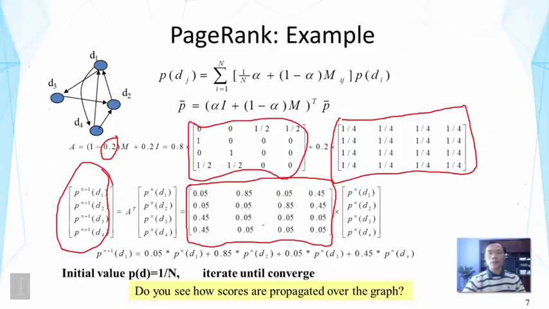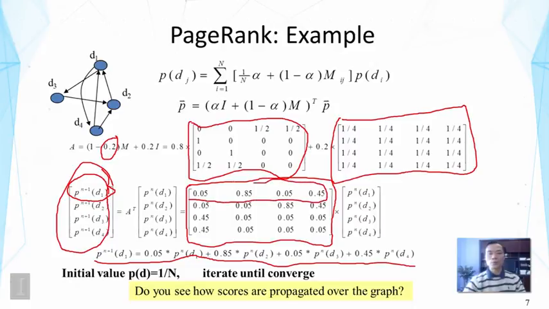Now, if you rewrite this matrix multiplication in terms of just the individual equations, you will see this. And this is basically the updating formula for this particular PageRank score. So you can also see, if you want to compute the value of this updated score for D1, you basically multiply this row by this column, and we take the dot product of the two, right, and that would give us the value for this.